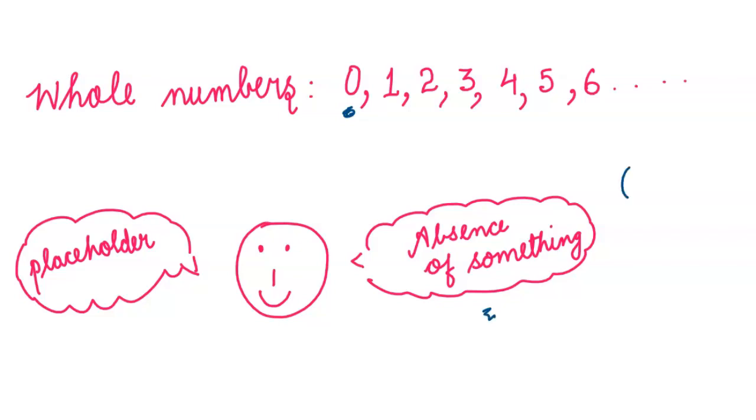For example, here I have 2 mangoes. So how many oranges do I have? Yes, it is 0. So 0 tells us that something is not there. It is also used as a placeholder. That means when 0 comes at 1's place and at 10's place we have 1, we get the number 10. So 0 is very useful.